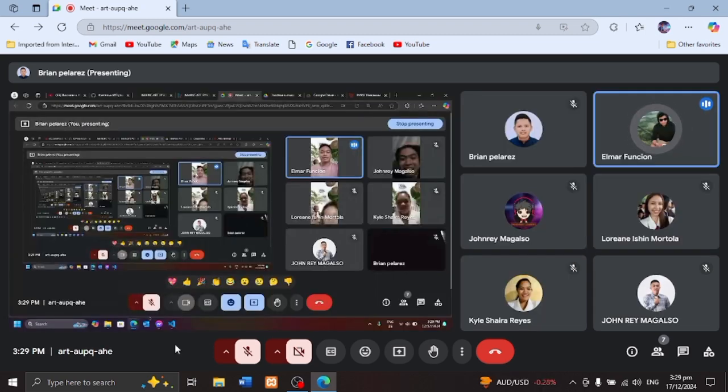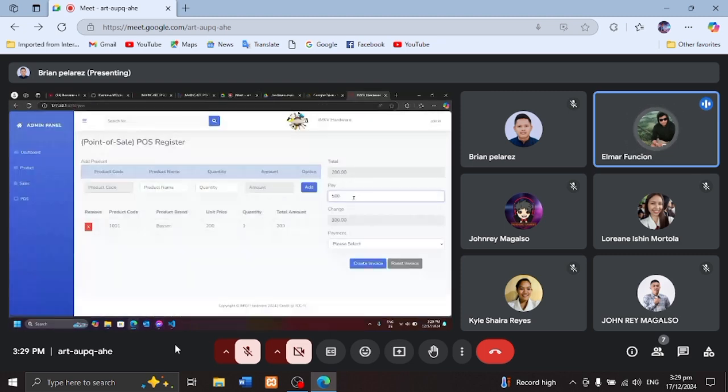Here is our POS register. We're going to add the following product to register. Let's add a product. As you can see, the product was added successfully. Then we're going to have the reset.